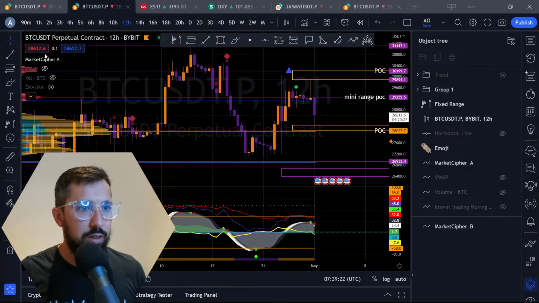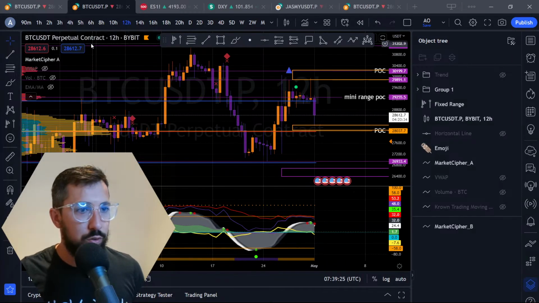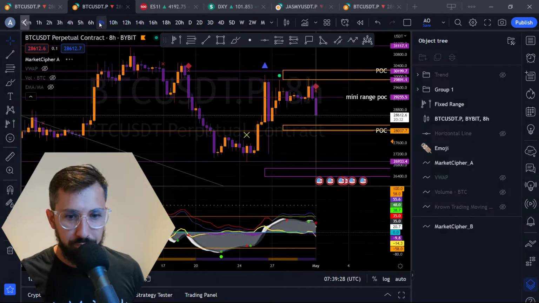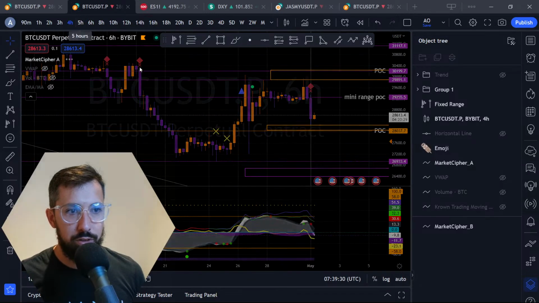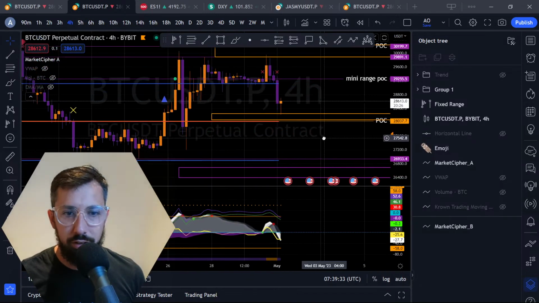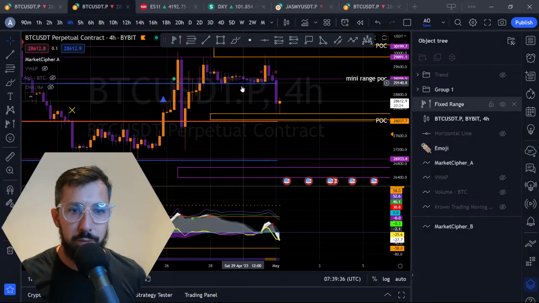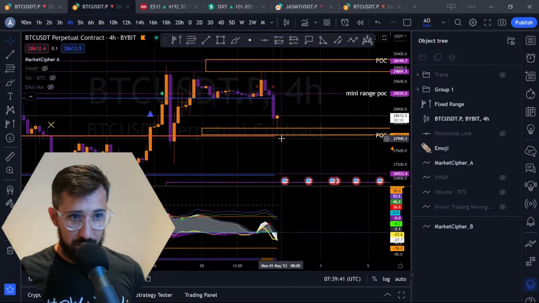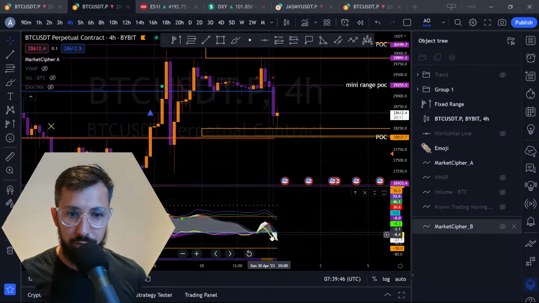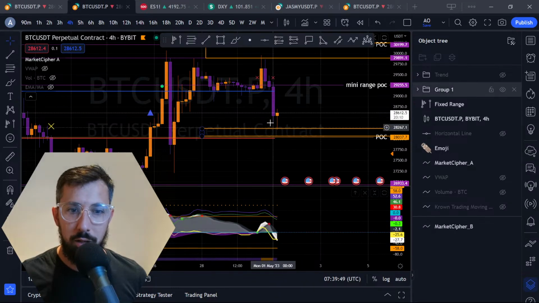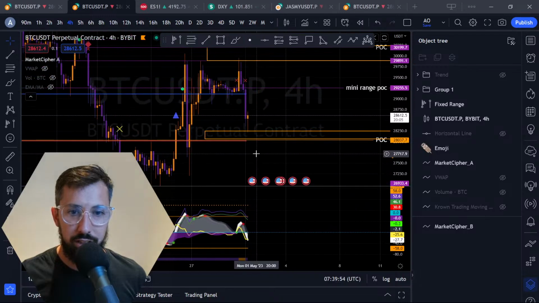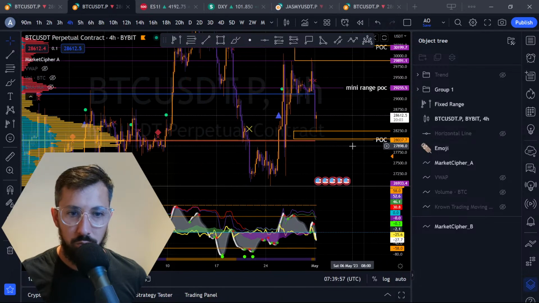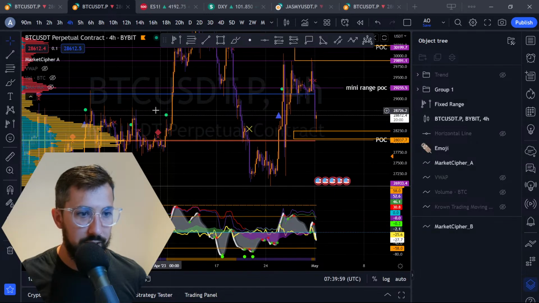I appreciate it. So flipping through, we got the 10 hour red dot confirmed. Now, as we flip through these lower time frames, we get to the 4 hour. I made a video on the 4 hour about spotting divergences, about spotting trade setups the other day. And I love the 4 hour and the 24 minute and using them in confluence. So we can see that we're coming down and we've wicked down to this point of control here in this local range, right? We are back within the top of this range.